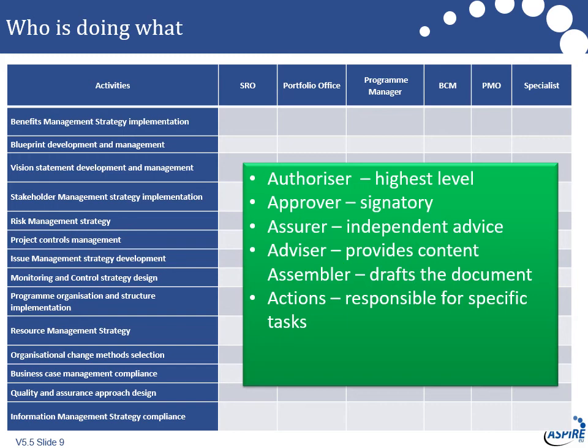So, you know, you can spread this around so you have a much more meaningful contribution. So if you were to take the risk management strategy, the SRO would be the authorizer, the program manager would probably be the assembler of it. The approver could involve the BCM because they've got to make sure it covers the business. It could be sponsors from other programs involved. So there's a lot more flexibility when you use a model like this.